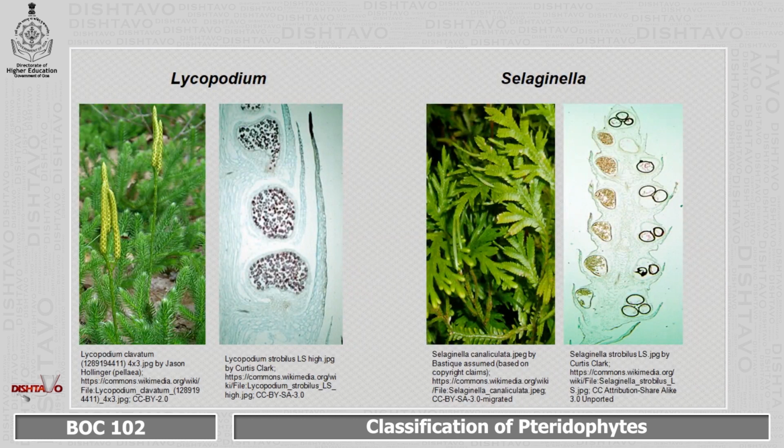In the second picture seen is Selaginella. The section of the strobilus of Selaginella shows very evidently that there are two different kinds of spores present, differing in shape as well as in number. The spores which are larger in size and smaller in number are the megaspores or the female spores, and the spores which are larger in number and smaller in size are the male spores or the microspores.